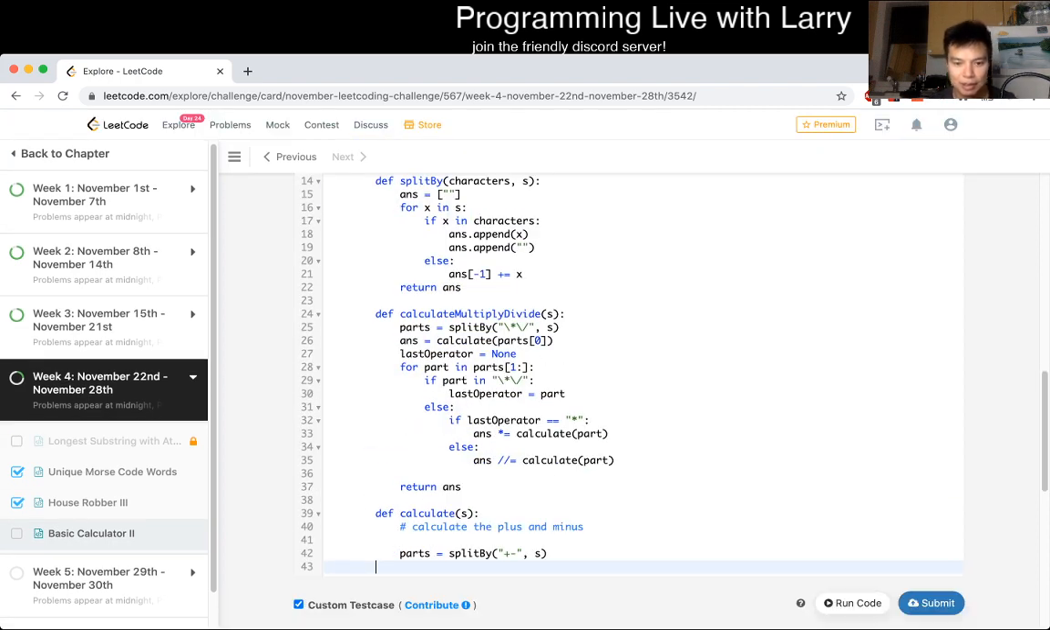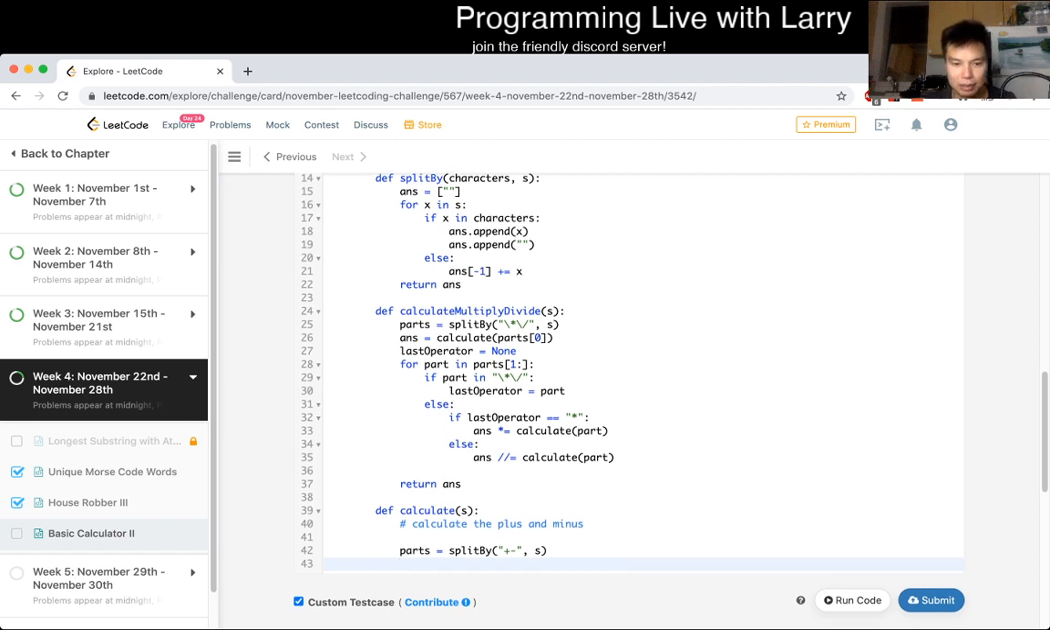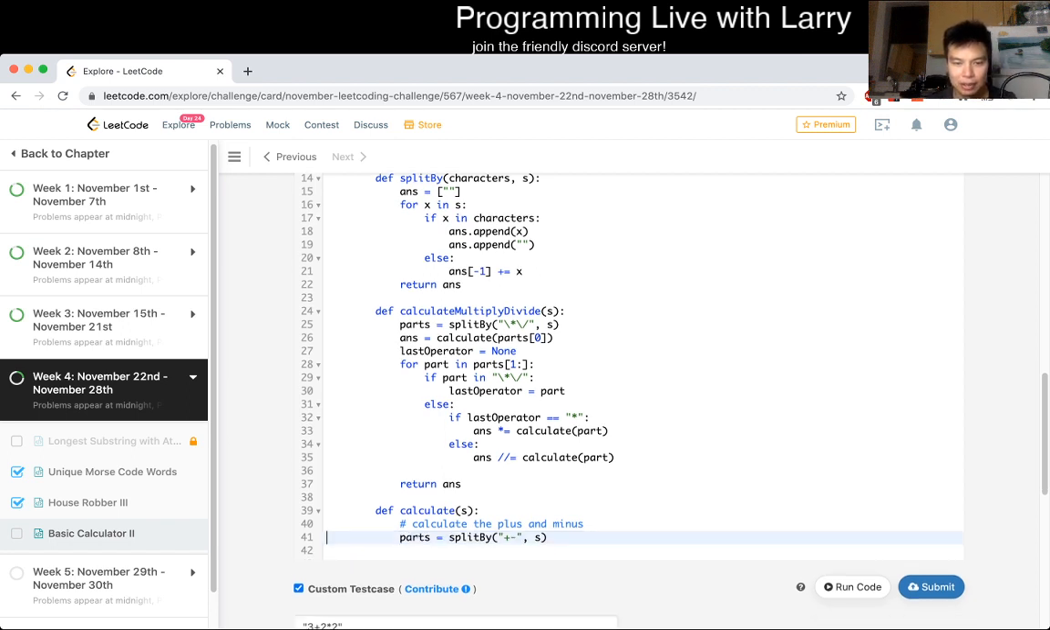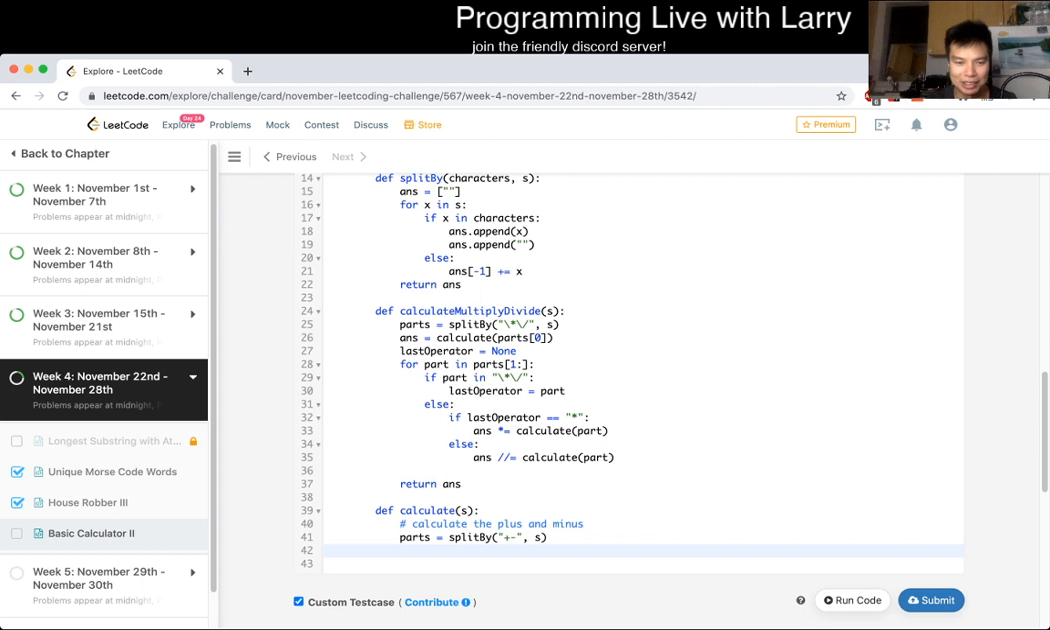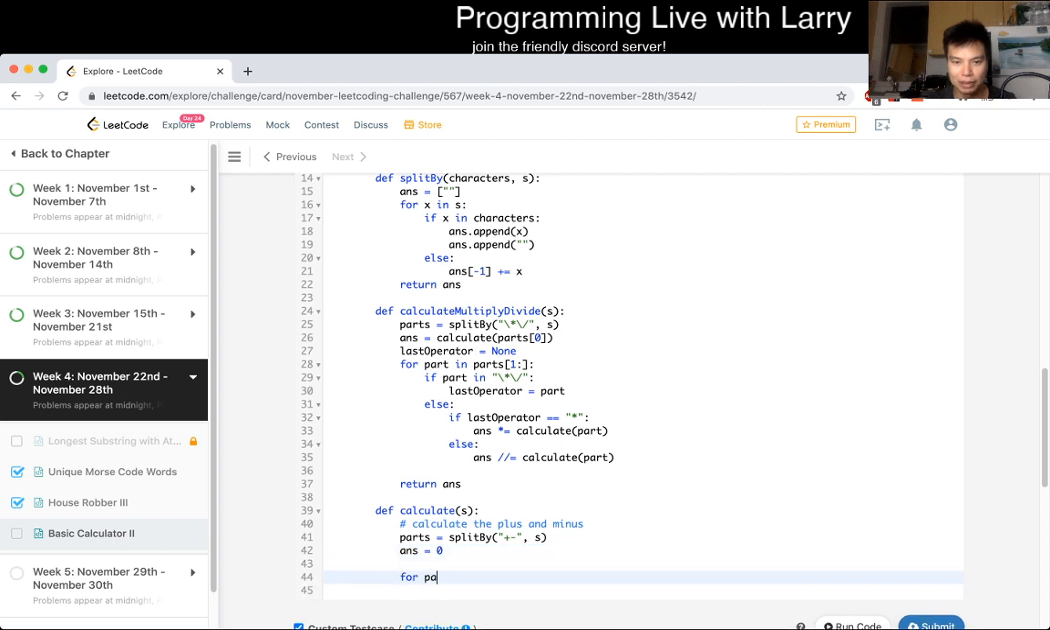Definitely pretty rusty on these kind of problems, to be honest. Used to be better, but nowadays people would just use UL. But okay, so now answer is equal to 0, and then for part in parts,